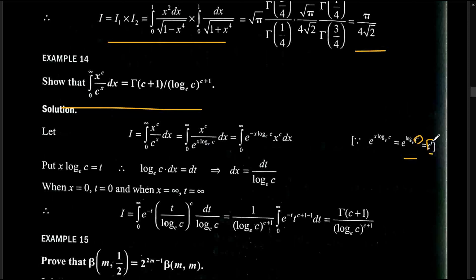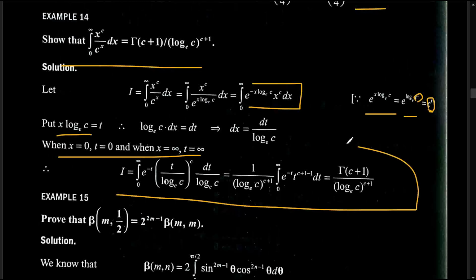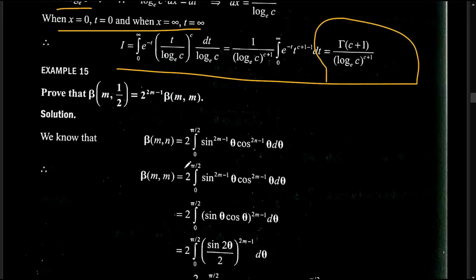So this comes here as it is. So that's what we intend. C to the power x is there, we are changing it into e to the power x log c. So we made it, and we get this, and think about which form it looks like. A little bit it looks like a gamma function, right? So now put x log c is equal to t, and then differentiate and change the limits, and by integration you get the desired output. That's it, guys. It's super simple.